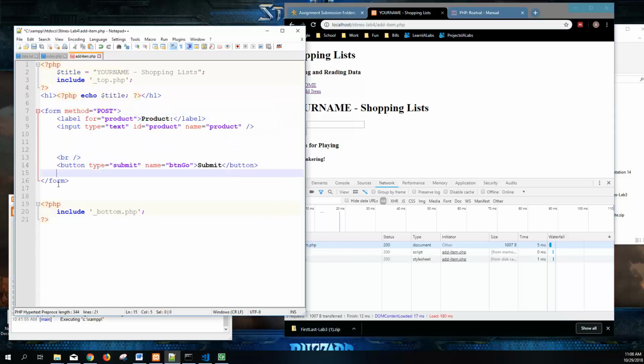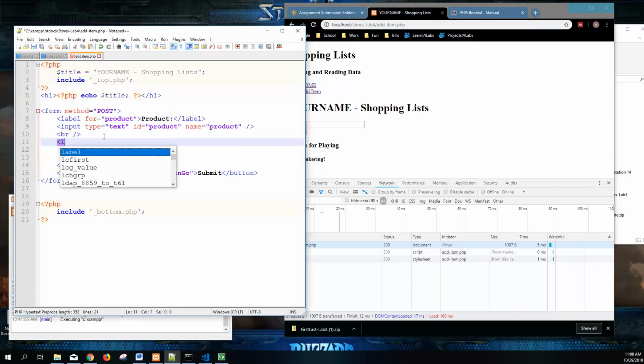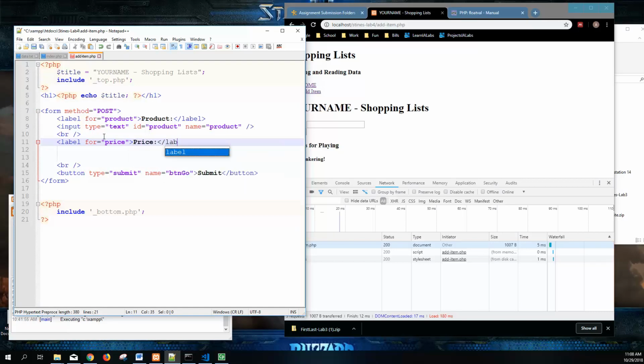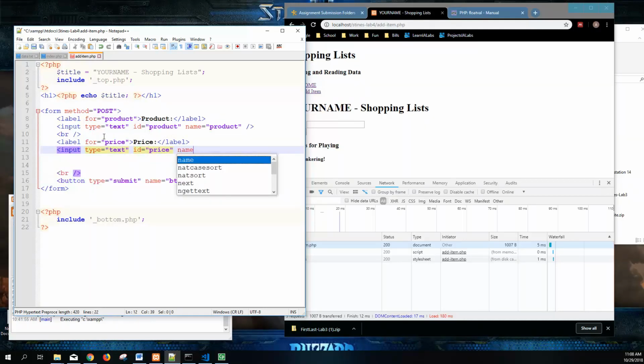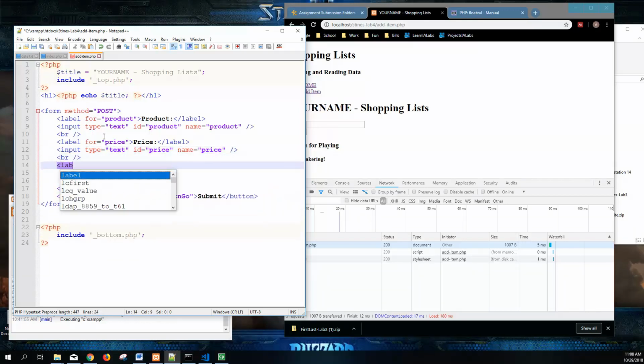So we posted to the page, we got the button, we know the data is coming through there. Let's go ahead and create our next fields. That way we'll have a little bit of a form to work with, and most of them are going to be the same. So we'll create a label for price, input type equals text, ID equals price, name equals price, sorry. Break tag, label for equals quantity,